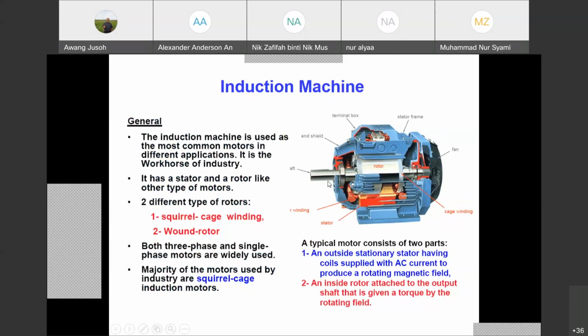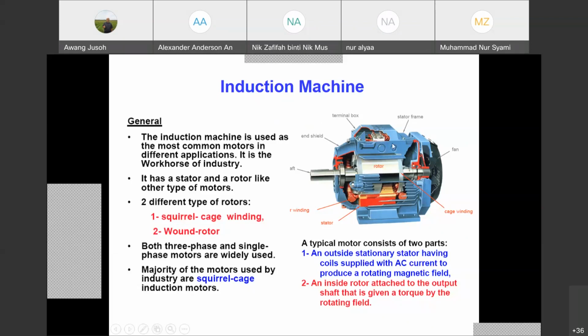We have the stator part, where we have the stator winding, and we have a fan there for cooling. And this is the rotor part. So we have the stator and rotor parts. In the stator there is a terminal box where we apply the supply from the TNB. But normally it goes to the starter first, because in order to limit the starting current. Normally they use variacs or another kind of starter. You cannot directly apply three phase to it, otherwise you will have problems.